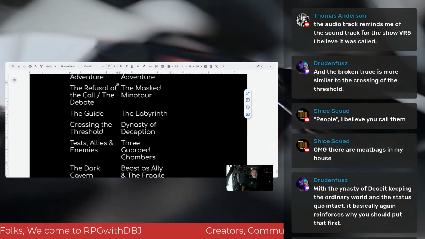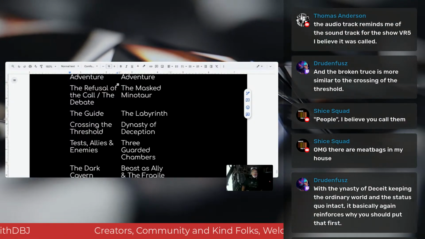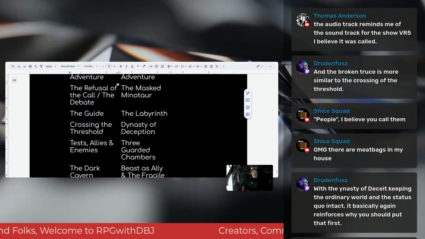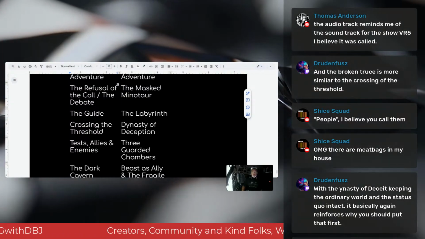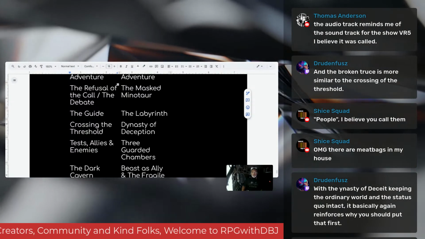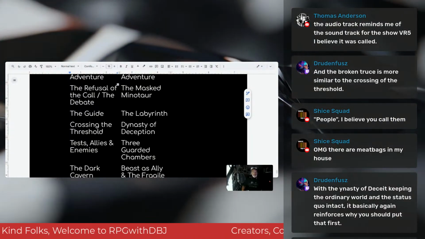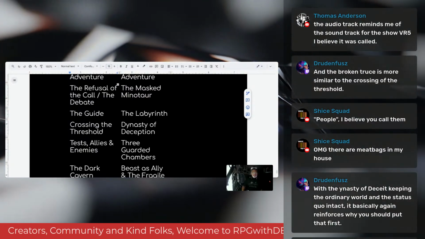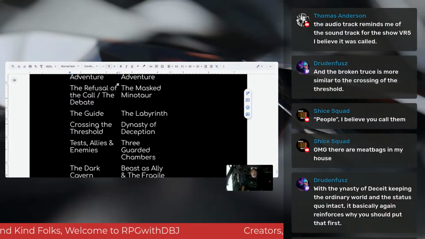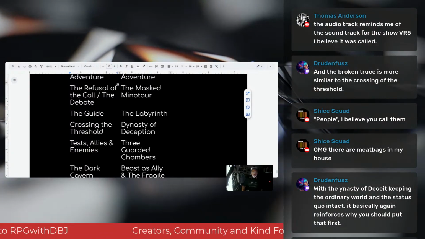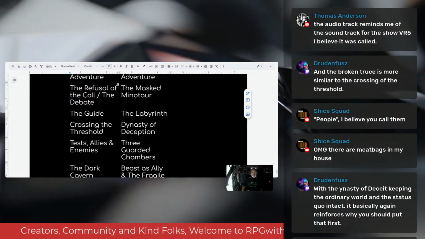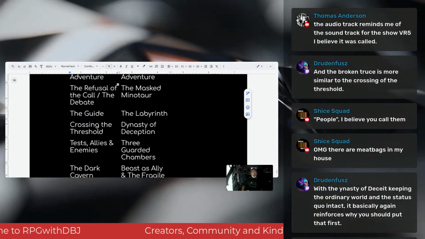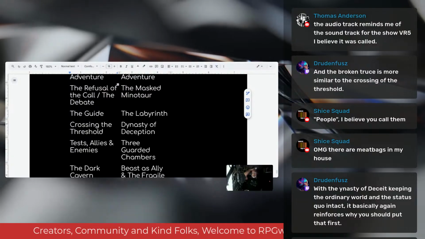I also feel like the Crossing the Threshold, the Dynasty of Deception, Test Allies and Enemies, and the Guarded Chambers are like the largest chunk of a lot of the stories that we see, right? Like in the journey, it just calls it Test Allies and Enemies. That's a huge chunk of storytelling, because a lot of times in the journey, our characters are traveling through the woods and going to caves and doing battle and then recovering and then finding an ally, and then they team up and then they do another thing. And when it says test, it's like, well, how many? Usually 3 is a good number, but